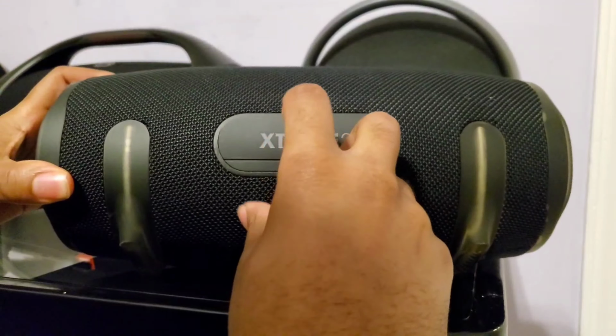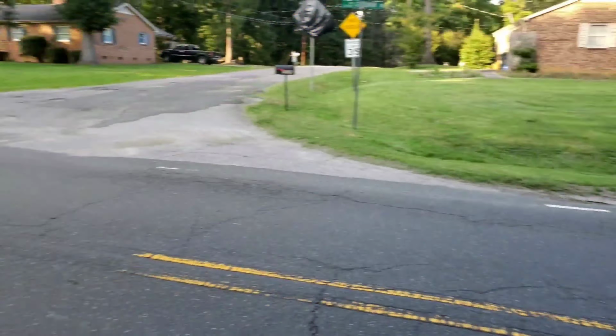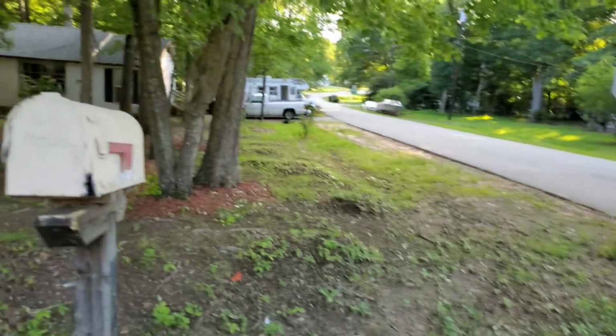Now, going on to Bluetooth, it has Bluetooth 4.2 with an SBC audio codec. So, watching videos is really bad when it comes to lip sync. Now, going on to range, it's actually better than the Xtreme 3 somehow. So, I'm able to get the same amount of range indoors, but outdoors, I'm able to get an astonishing 135